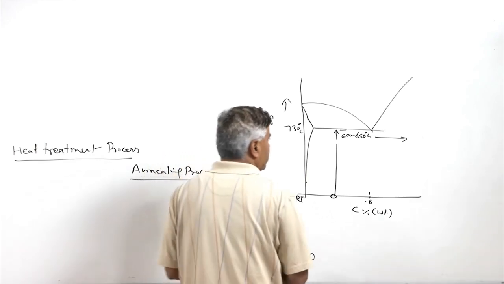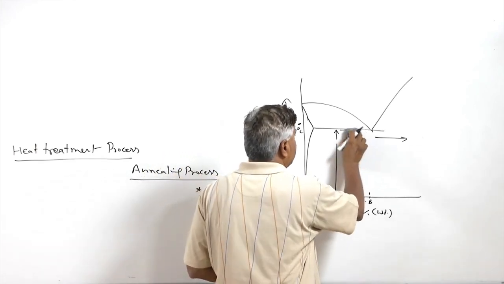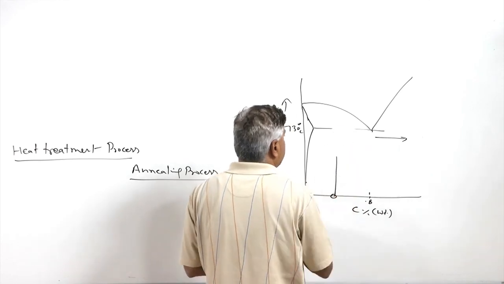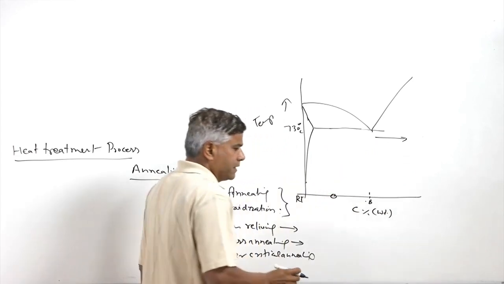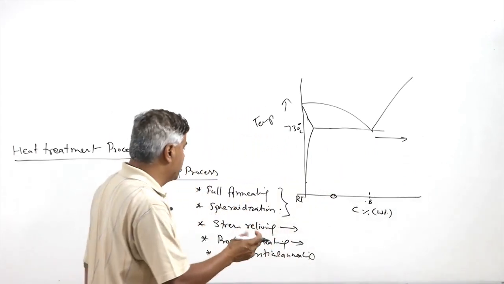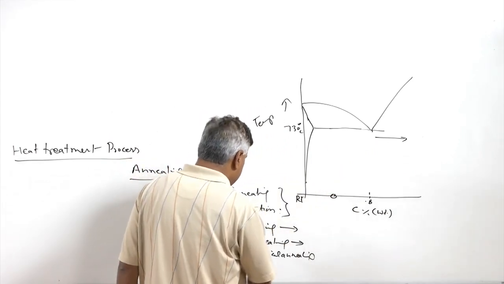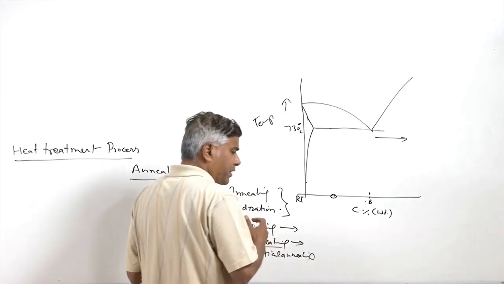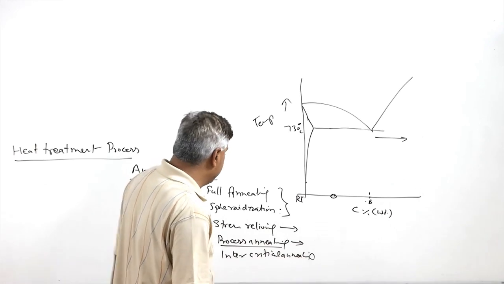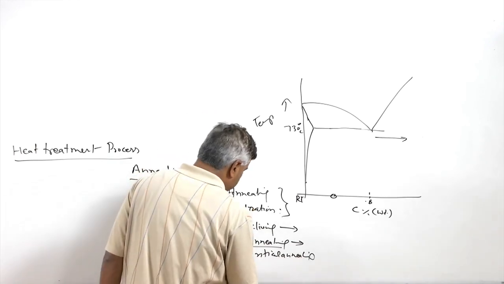And for this purpose, again, subcritical annealing is carried out, where heating is done below the lower critical temperature, around say 550 to 650 degrees centigrade. So that will be basically reducing the effect of the strain hardening. Then coming to the